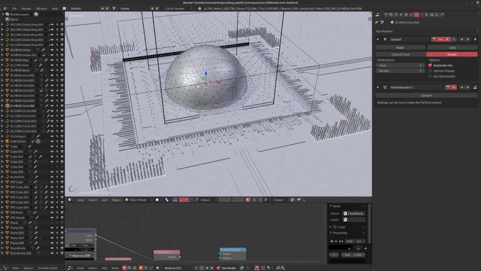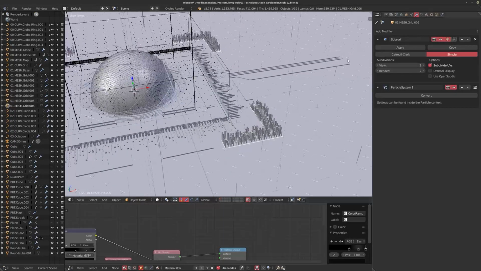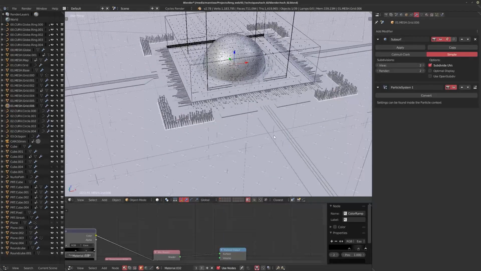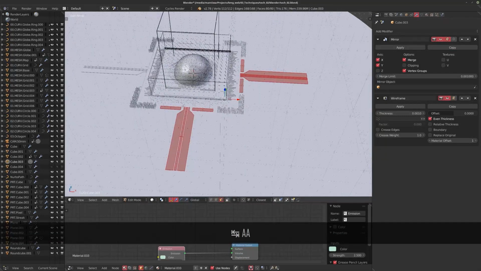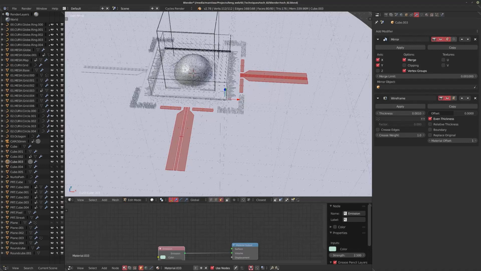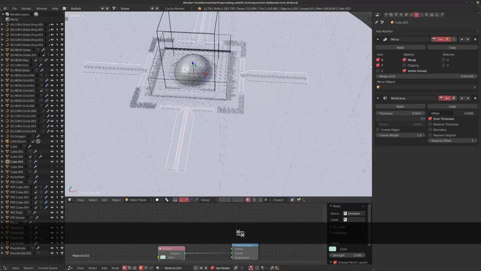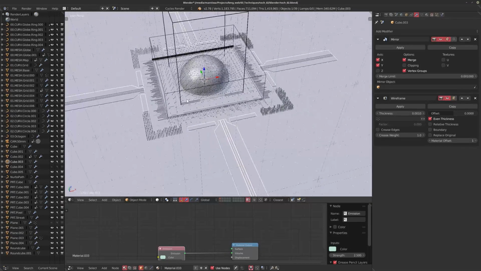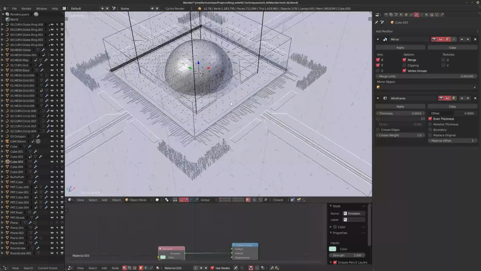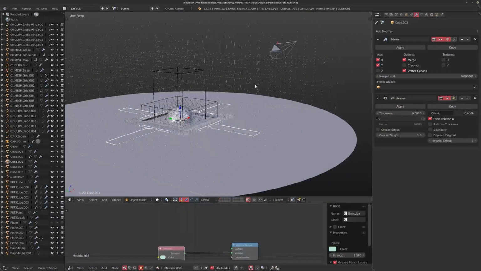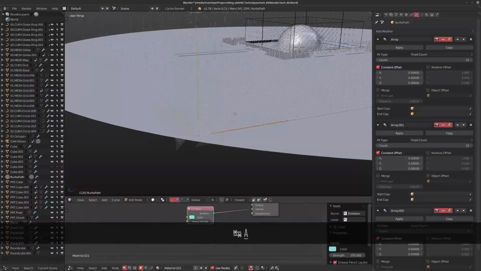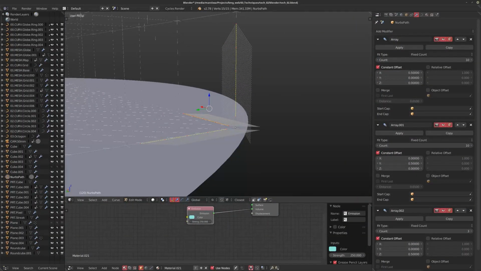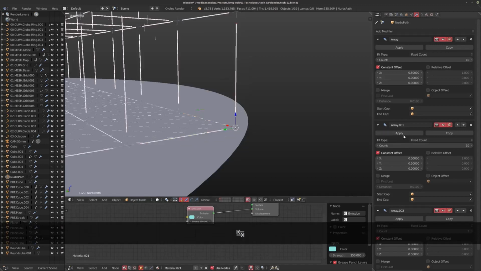Same with this. This is just, oh no, this is actually a collapsed down system, so it's my fault. I believe this one is mirrored. Yeah. So I've actually just created this one, then with my pivot point in the middle, so I use a 3D cursor to rotate it 90 degrees, and then I can just mirror it over and it looks fine. And just keep going and keep going and keep going. One last thing I want to say about those particles as well. This is a grid that I created. So again, if you look at it, there's two elements to this. There's three curves, which are then arrayed in 3 dimensions.